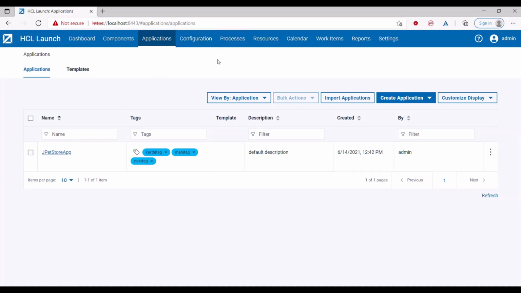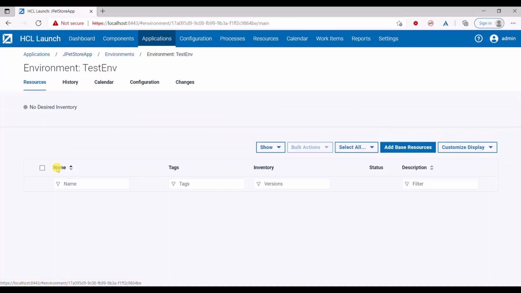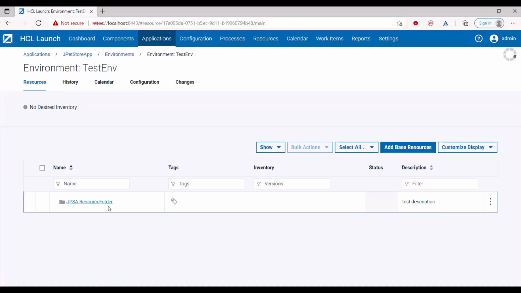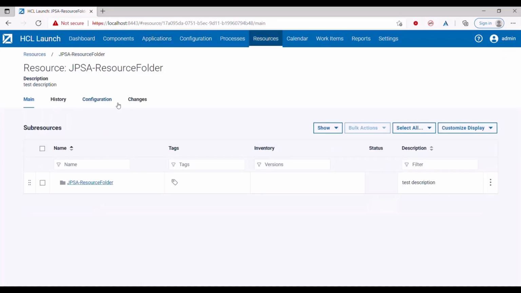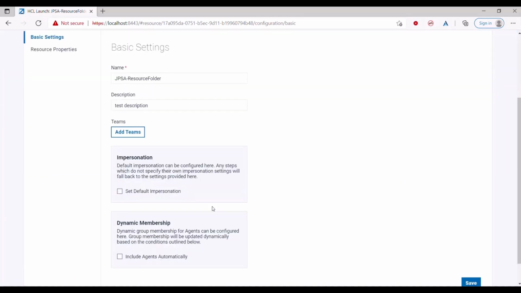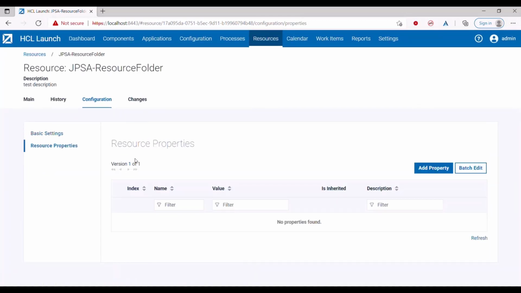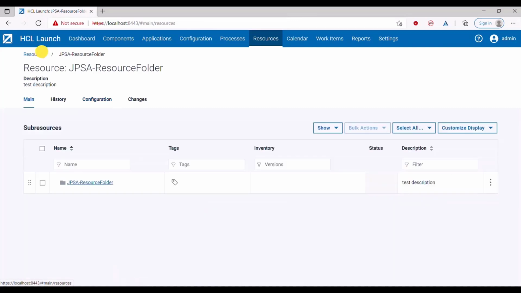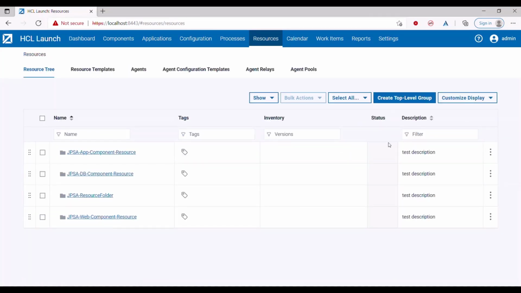And then each environment, when you see, will be associated with a resource. Let me show you that. So when I go to the test environment, the test environment will have something called resources. So I go to configuration, and then I see the resource properties here, right? Each resource will be assigned one component, so that on that resource I can deploy the component, or multiple components can be put onto the same resource as well.